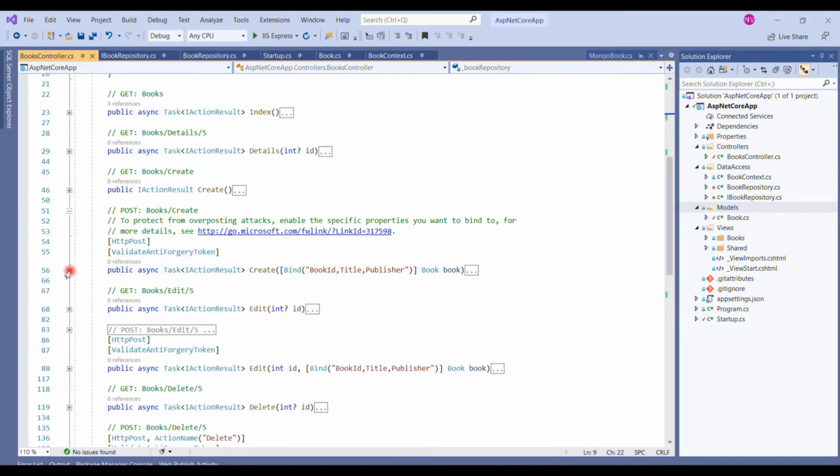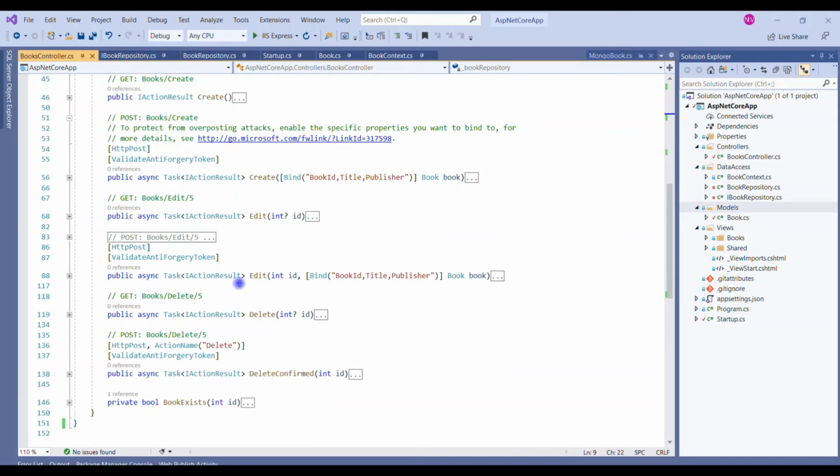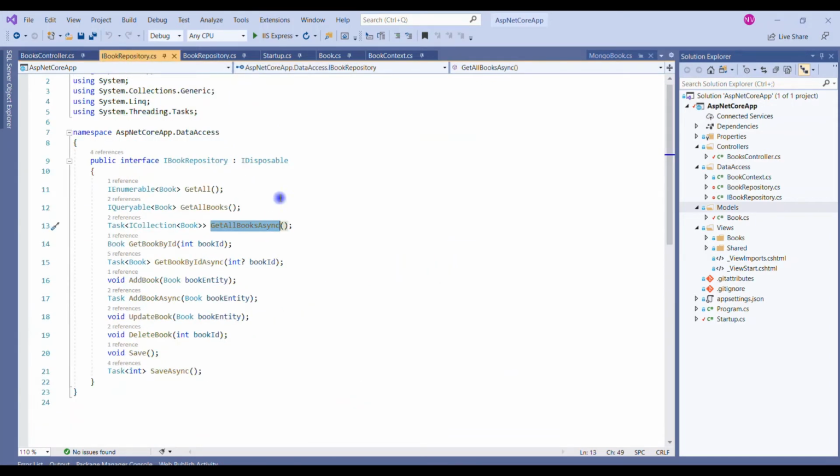I will explain every piece of code that I have changed, and before that I just want to share some changes that I made in this IRepository interface, because we are using async and await, and we want to consume the repository in that way, so that there will be no problem of thread pool. There will be no need of creating a new thread to serve all the requests.